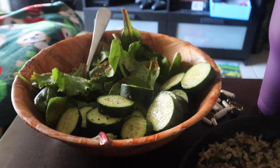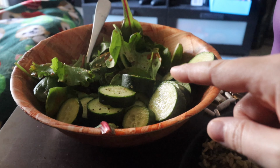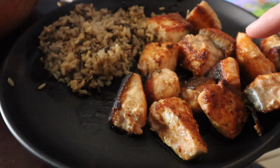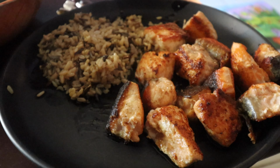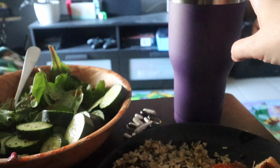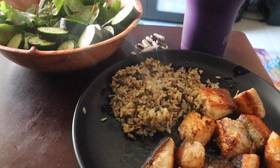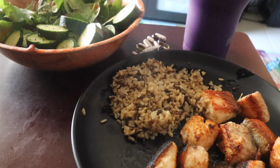So here's lunch. We've got our spring mix, our cucumber. I just put salt and pepper on it, and our Catalina dressing. I've got all my vitamins back here. We've got our brown and wild rice. Our 10 ounces of salmon, I just put garlic salt and ginger on these, and I pan fried them in some avocado oil spray. Got my big old jug of water, and according to my Fitness Pal, this is equal to 587 calories, 55 grams of protein, not bad, 55 grams of carbs, 6 grams of fiber, and 16 grams